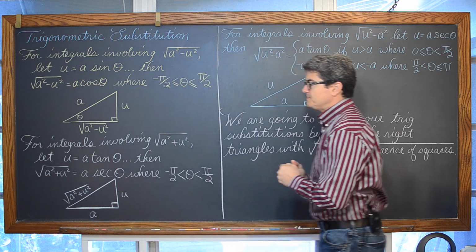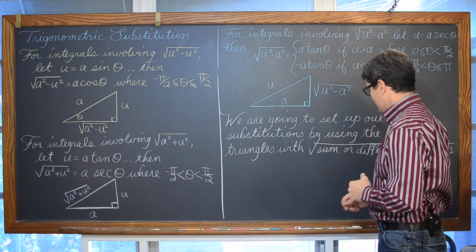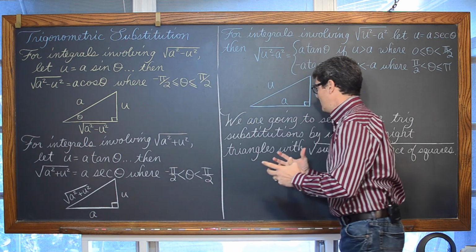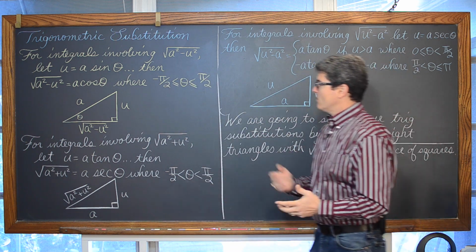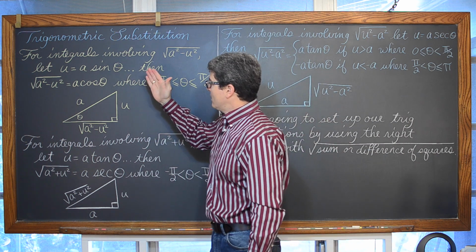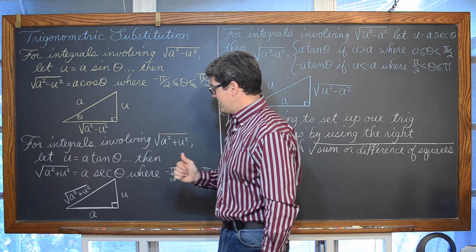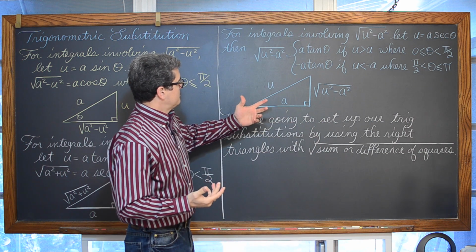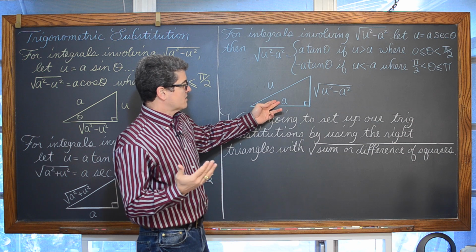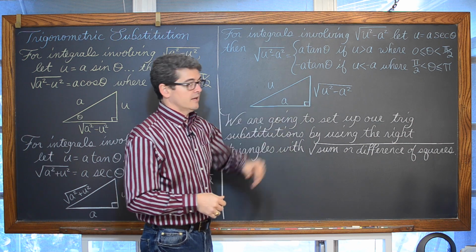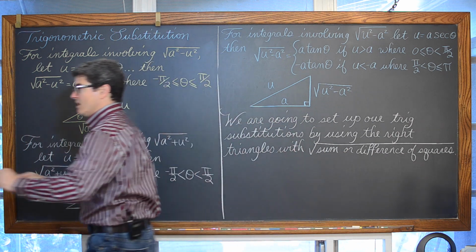Okay, well, let's talk a little bit about where we place things. Why is it I'm putting the value of u on this vertical leg, or why is it here also on the vertical leg, but over here, how do we know that the constant of a is going to be a leg and the square root is going to be the vertical leg? Okay, well, that's going to come up right here.